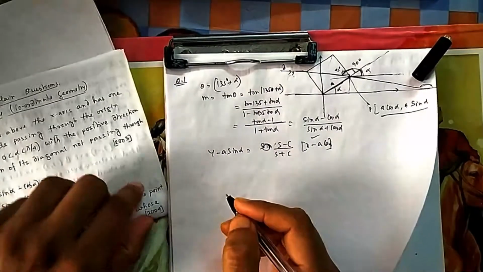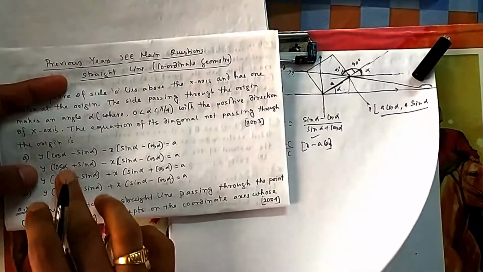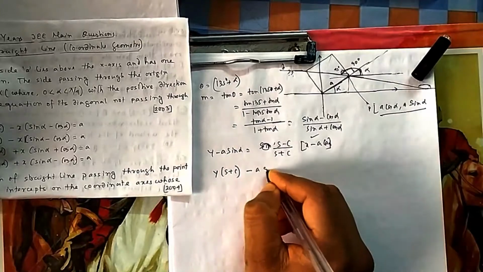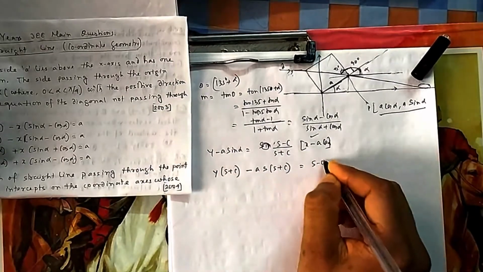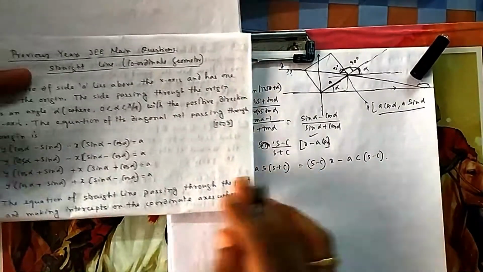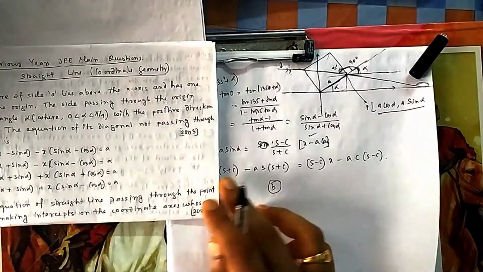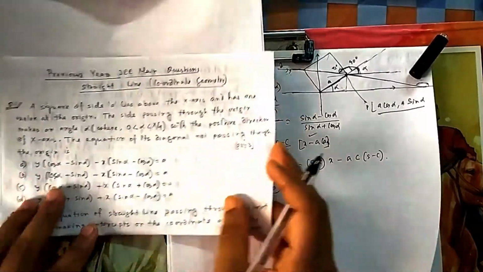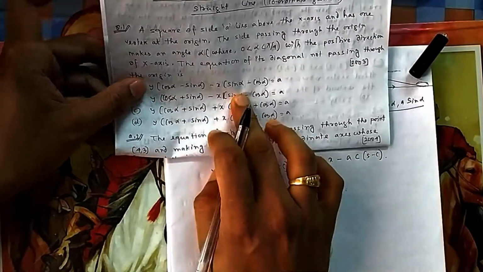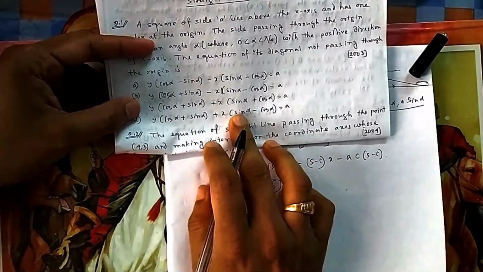Now you can think which one will be the answer. Y into (sin alpha plus cos alpha), y into sin plus cos, all are there, so you have to simplify it. Y into (sin plus cos) minus A (sin plus cos), equals (sin minus cos) into (x minus A cos alpha)... So obviously option B can be seen from here. So it is y (cos plus sin) and minus x (cos minus sin), or sin minus cos. Only this one, because these are plus, so plus will not be, because x comes here, or it can be sin minus cos.